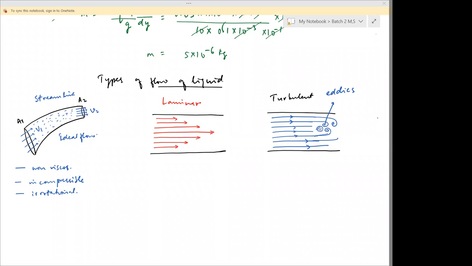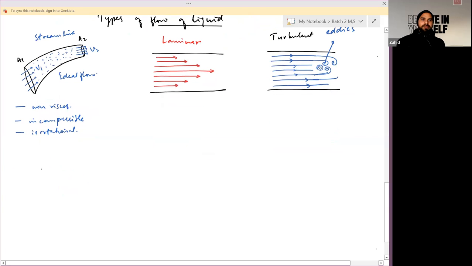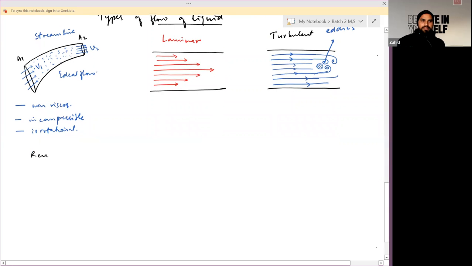Okay. So to define different types of flow, we can define a number that is called Reynolds number. It simply defines a specific numerical value on the basis of which we can distinguish different flows of liquid at different conditions. To define it, let's suppose